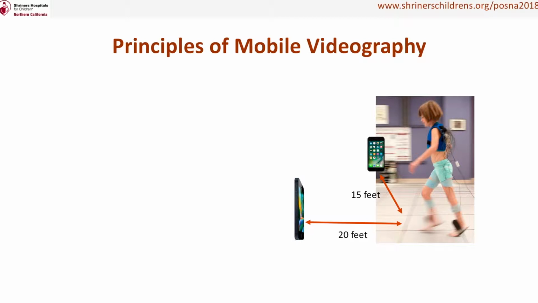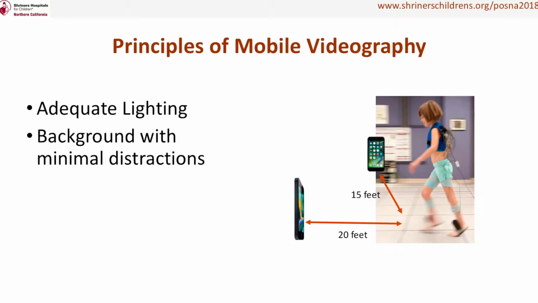Cameras embedded on your mobile device have improved substantially in the last 5 years, allowing you to obtain high-quality video very conveniently. This high-quality video should have ideal adequate lighting, a background with minimal distractions, and enough distance from the subject to view the entire body with adequate perspective. I'd recommend at least 20 feet for coronal and 15 feet for sagittal video to allow for the best perspective